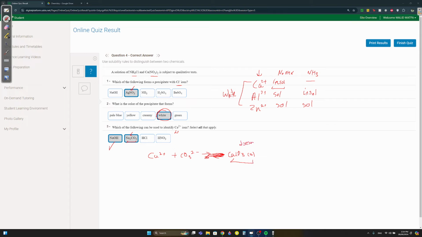This doesn't dissolve in water, but because this was an AMS question, it dissolves in acid. In the AMS, they said HCl. Okay, just important to know. In general, for Ca2+ use NaOH, but you can also use Na2CO3. If you add Na2CO3, it's going to form a white precipitate CaCO3. Sorry, that does dissolve in acid. The one that does not dissolve